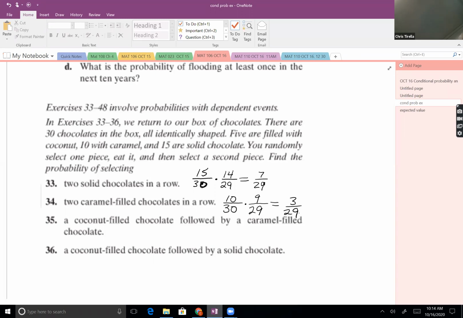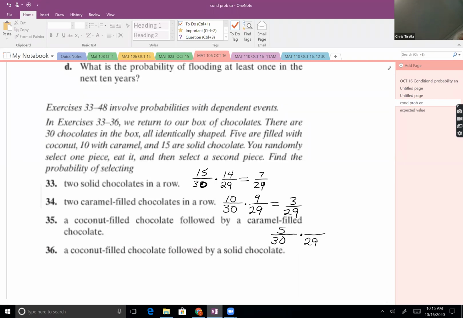And let's look at one more. 35 says first candy we want is a coconut filled chocolate. And we're doing a new box. There are 30 in the box. How many of those 30 are coconut? 5. How many are now left in the box? Total 29. Of those 29, how many are